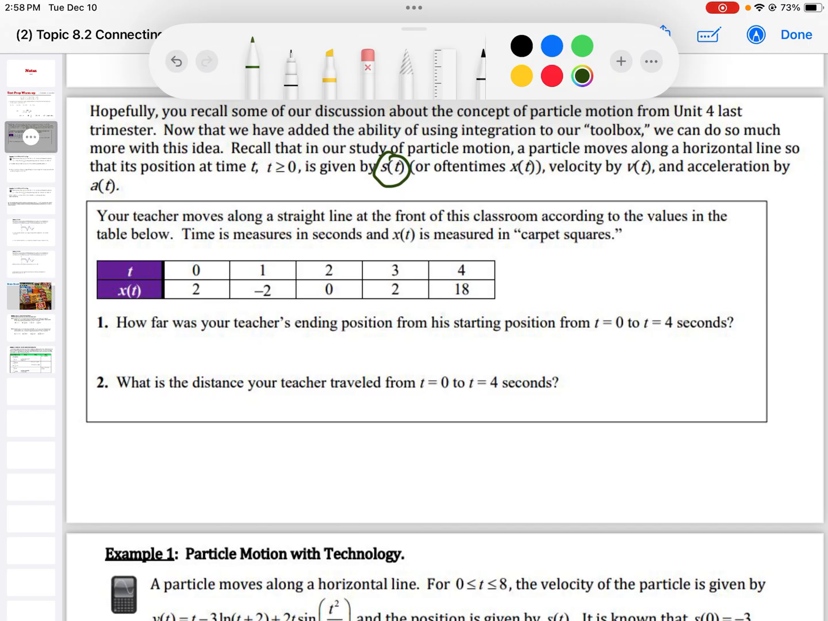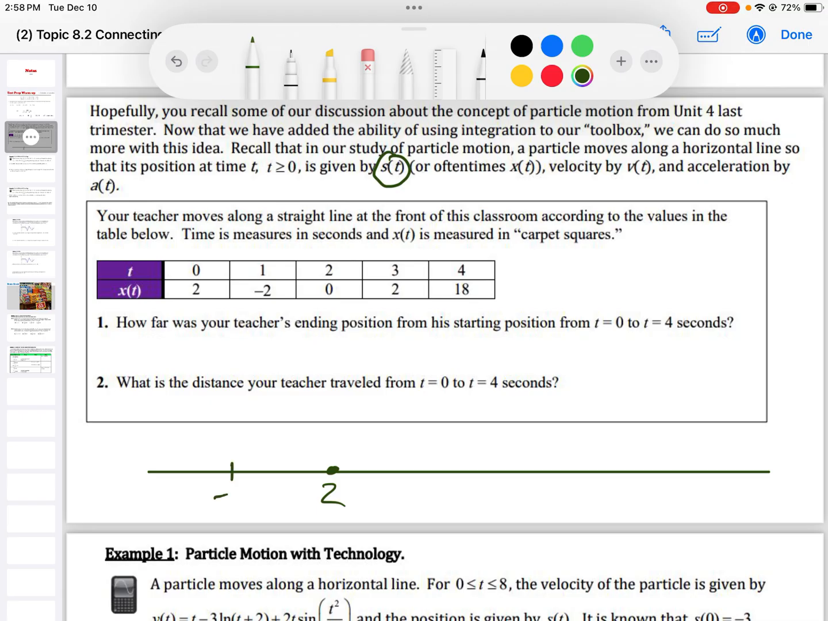So in class, I'm going to do a demonstration of this, and I'm going to put different numbers on the number line on the board. But what I want you to try to visualize is your teacher moves along a straight line in front of the classroom according to these values. So when time is 0, the first time, we're at position 2. So here's our number line. We start